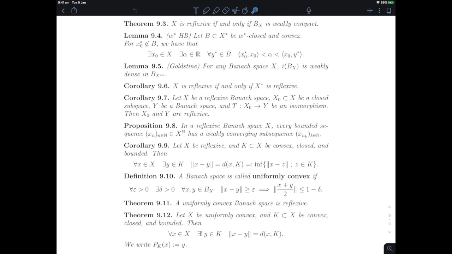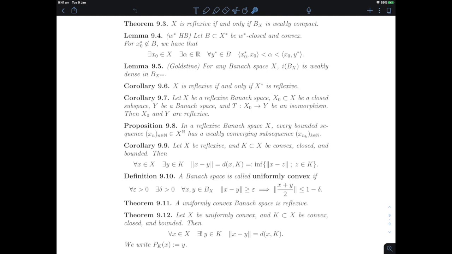And such an existence of a projection map is critical in solving optimization problems. If you go back to the first 2 weeks of the course, you would appreciate that the Stampacchia theorem, the theorem that we used to produce existence and uniqueness results for PDEs in particular, but more generally the ability of solving some optimization problems in Hilbert spaces, really came from the existence of a projection onto a convex set. And what we're seeing now is that exploiting the appropriate weak compactness in uniformly convex Banach spaces, we will also have a well-defined projection onto convex closed bounded sets.